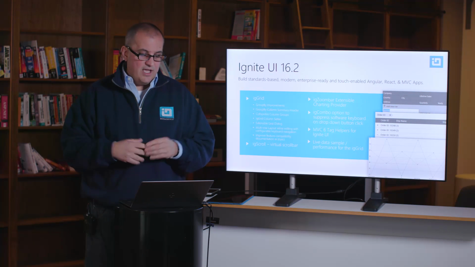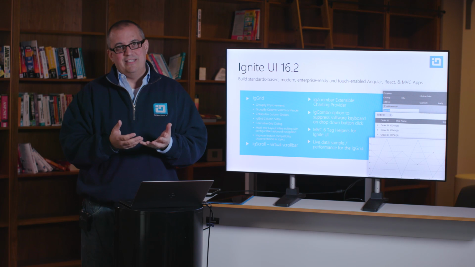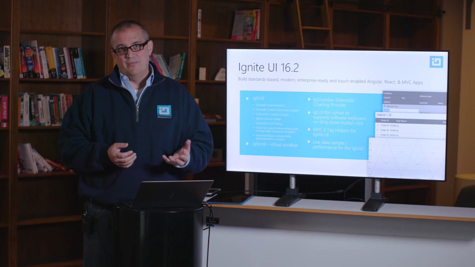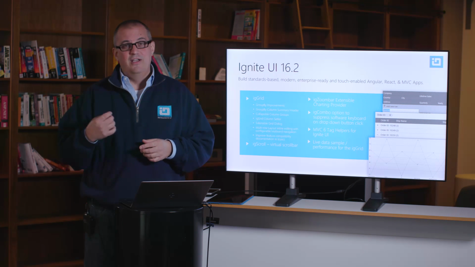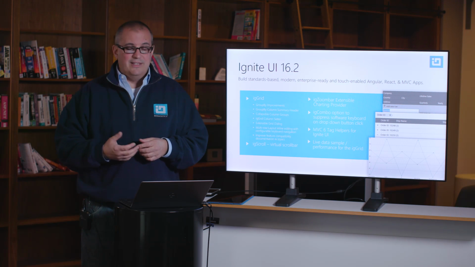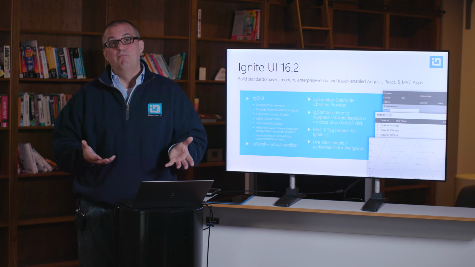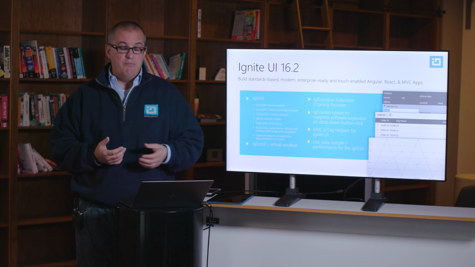It's pretty exciting. Angular, React, obviously a lot of debate out there over which one's better, which one's faster, which one gives you more flexibility. Do you want a framework? Do you just want a UI library? Well, that's up to you. We really don't care. We want to deliver the best in both frameworks that you can build on for your